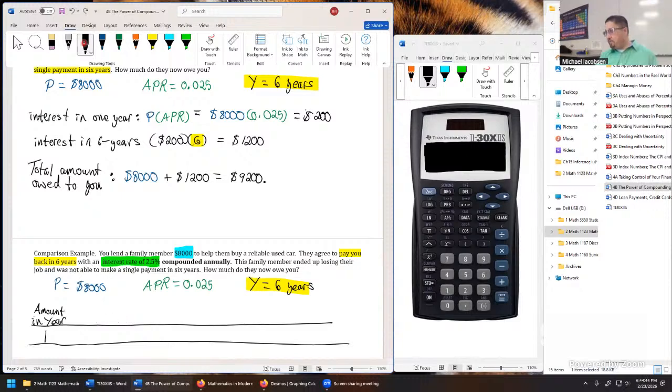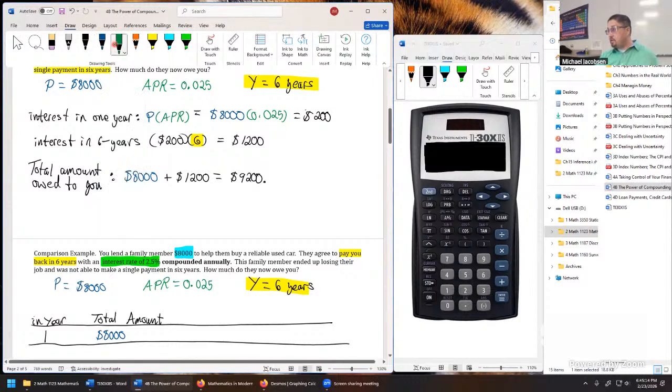Or hang on, sorry, I'm not thinking too great about my table. I want to just say in year for the first column. Sorry if you're working in pen today. And the second column, I want to say total amount. So if I place 1 here, then we're looking into just year 1. And the formula is pretty similar. We'll just take our 8,000, multiply it by the APR, 0.025,